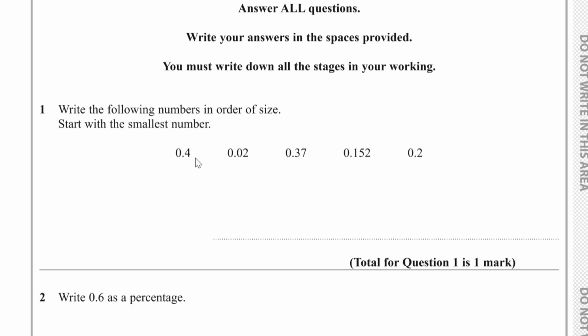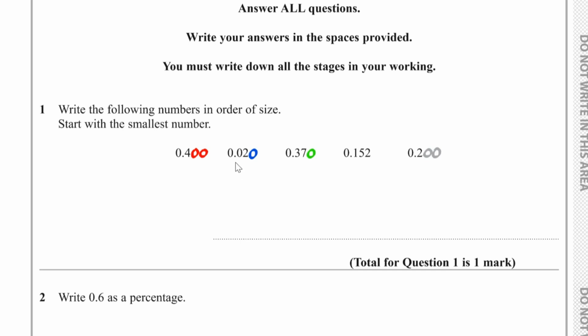So we've got 0.400, then we've got 0.020, then we've got 0.370, and then we've got 0.200. And now if we compare all of them, we can see the smallest one